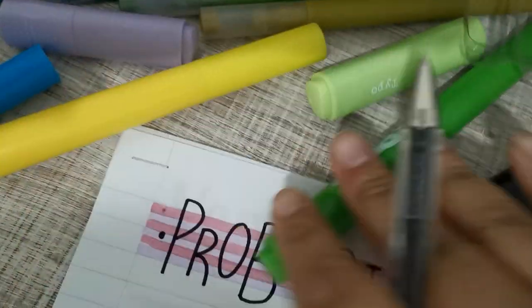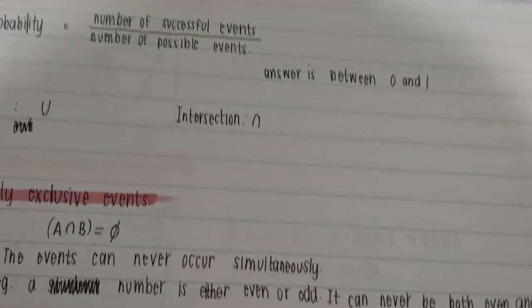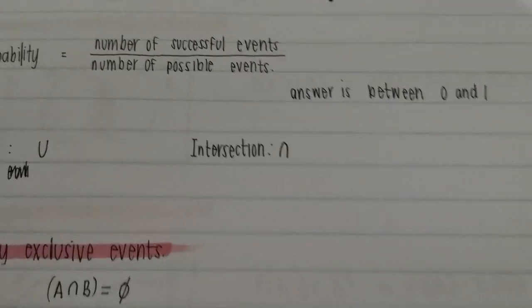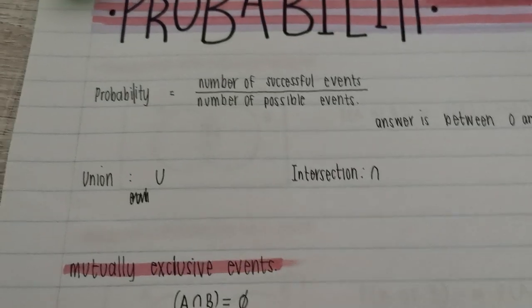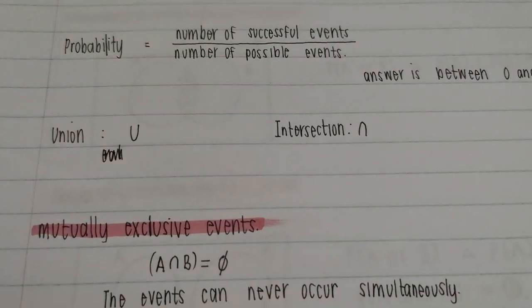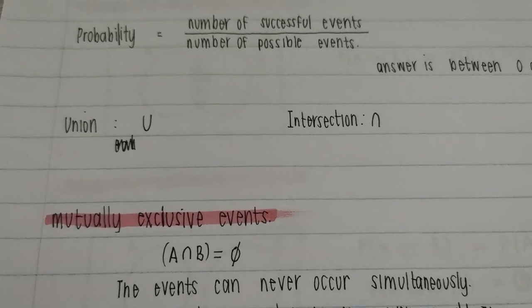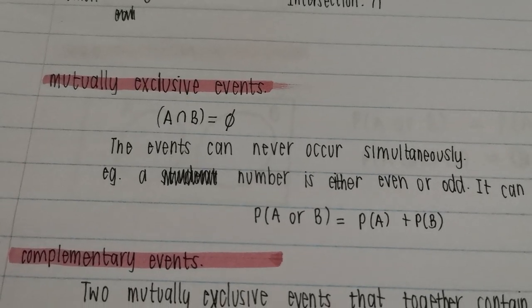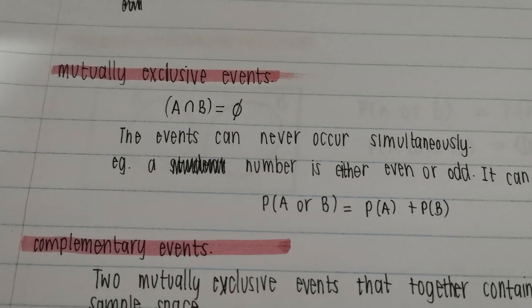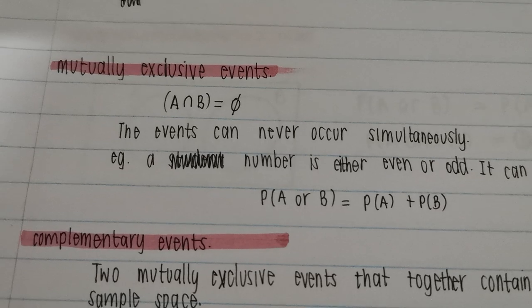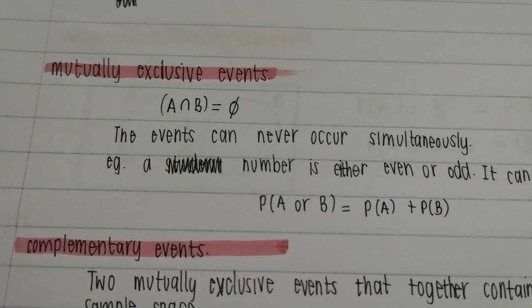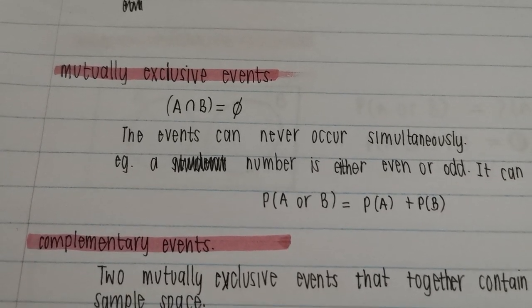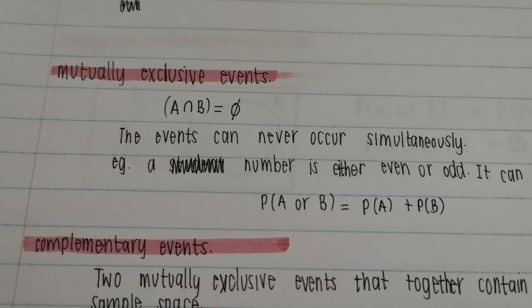Okay, let's get the pens out of the way. Let's continue. That's as far as you knew in grade 8 and 9. We went a little further, and this is grade 11 content, okay? We spoke about something called mutually exclusive, okay? Mutually exclusive is where one event can happen, but at the same time, let's say that again. One event can happen, but at the same time that event is happening, another event can't